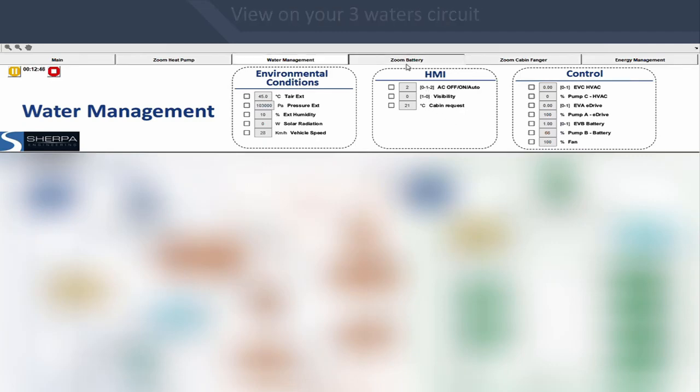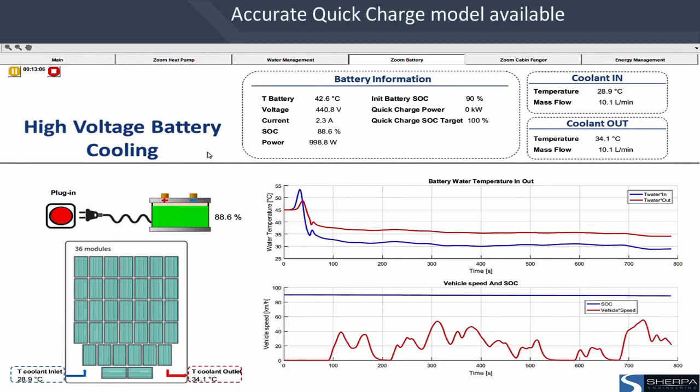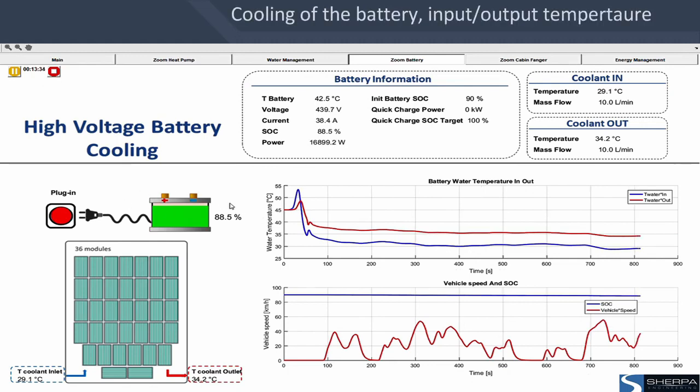Next to the Water Management tab, we have the Battery Cooling tab. This panel allows the user to understand the current condition of the battery system at a glance. Relevant information such as the current state of charge and coolant flow parameters are displayed here. Another thing to note is that powertrain as well as quick charge models can be taken into account during battery